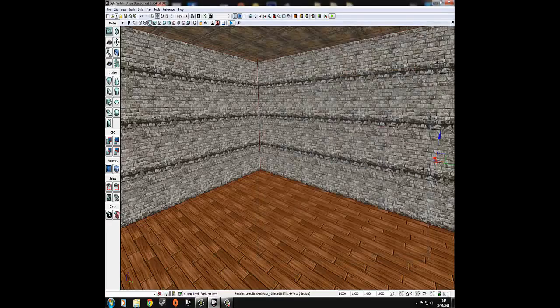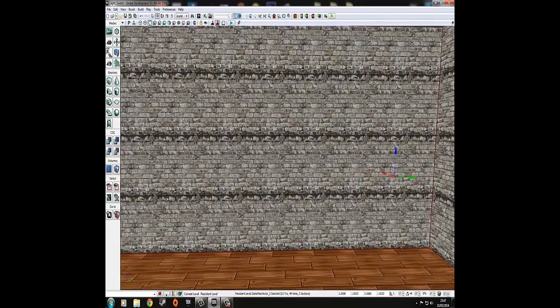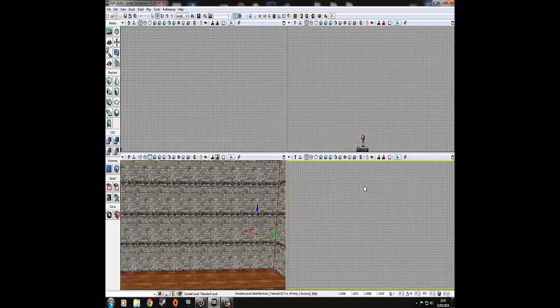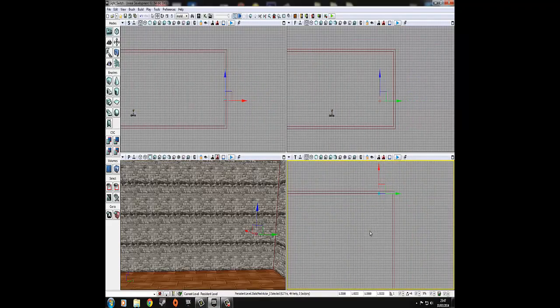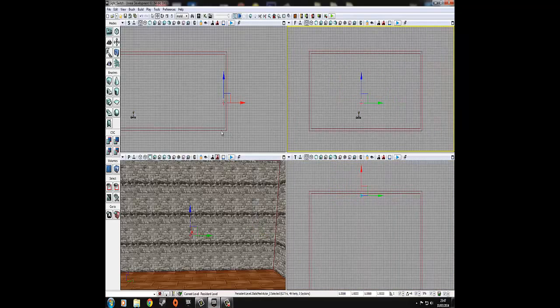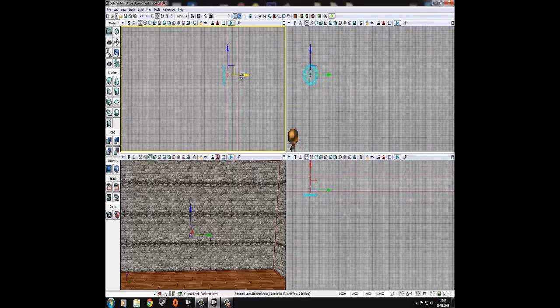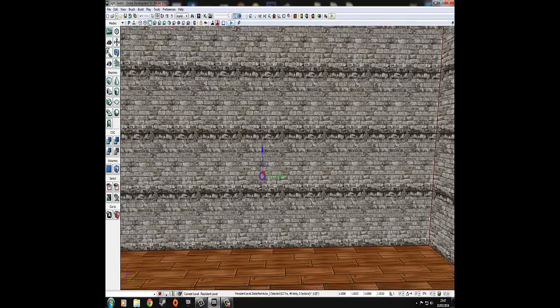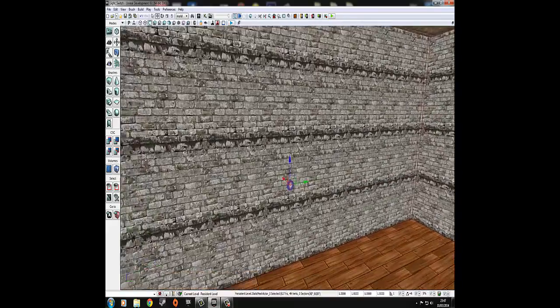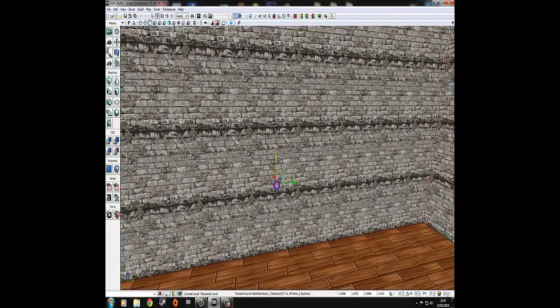Now I'm just going to get this into position by going into my 4 views here. Just going to go into my top down view. I'm just going to get this into position in roughly the center of this wall. I'm just going to press space and rotate it so it's flat against the wall. Press space again to get back to these movement options. Just going to put it nicely against the wall so it's not sticking out. And then we're going to go back into our normal view,